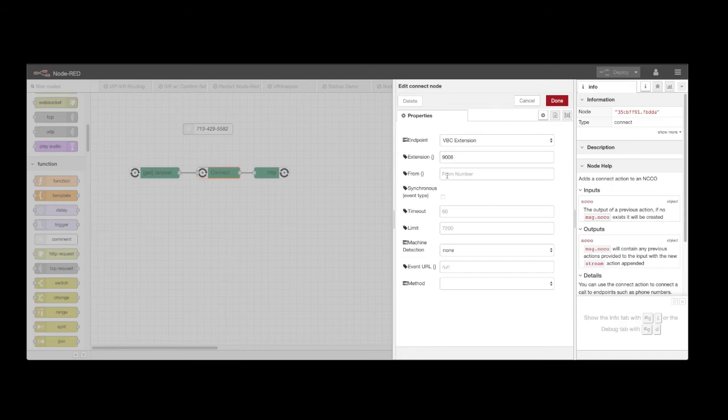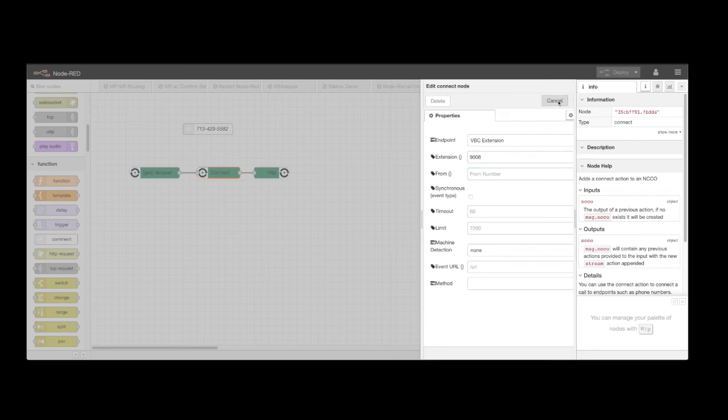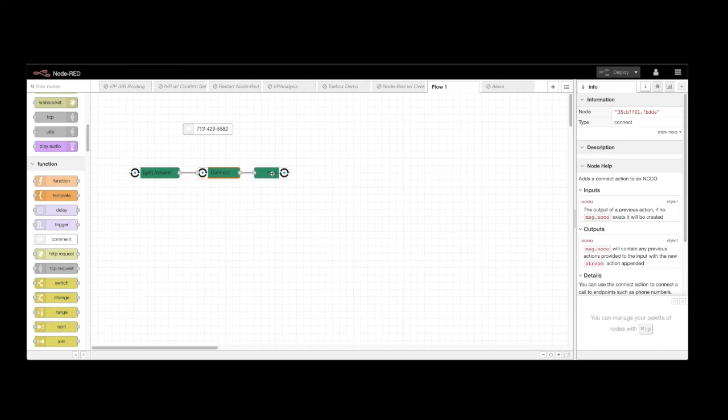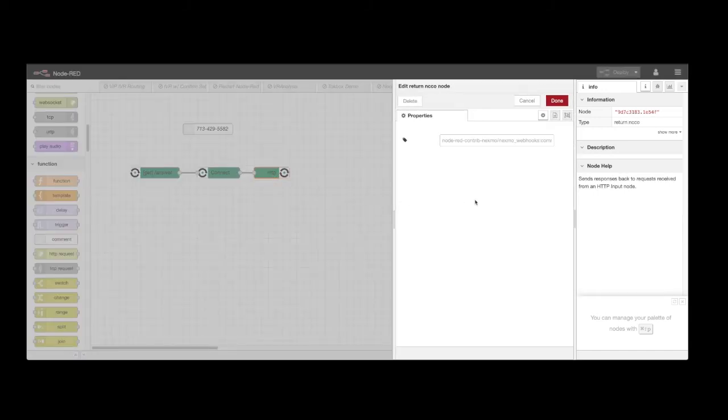You'll notice that there is no caller ID information stored in the From section because we want to make sure that we scrub this caller ID and DNIS information from the system. It should be noted that Vonage APIs do not natively process DNIS information, so that will not show up to begin with. The final component is ending the NCCO, or ending the call when it's been connected.